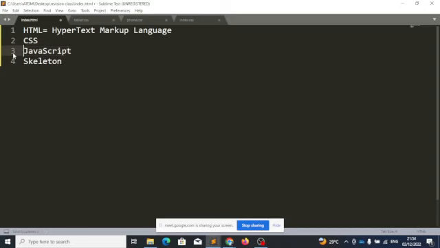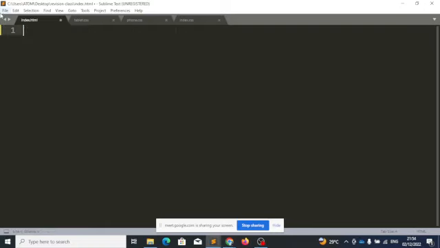So let's start with HTML. We'll start with the skeleton. Then, as time goes on, we go to the designs. Then, we go to adding functionality to the web page. Let's start with the first one. HTML. HTML. First thing,